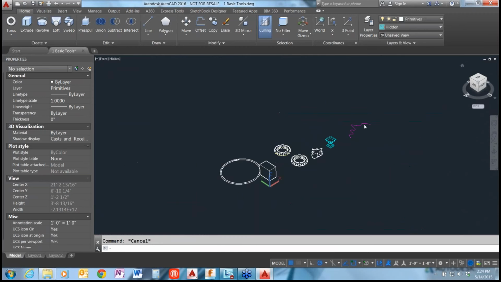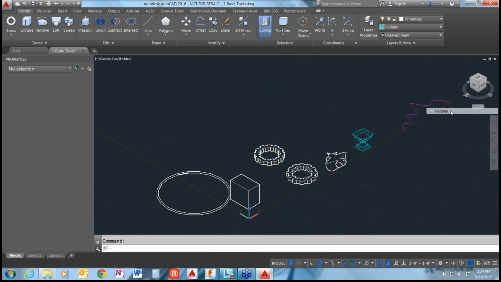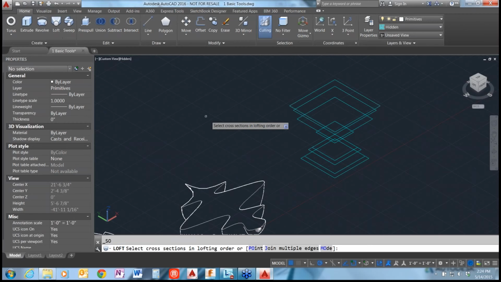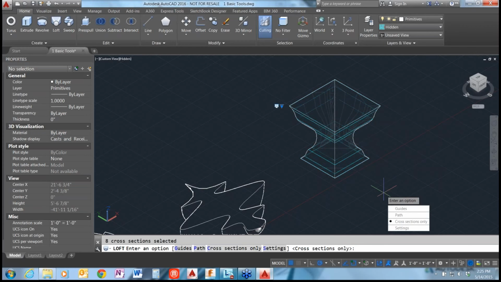And I'm going to go back to my home view. And what we're going to do is use that loft command to create a contour between them. So watch this dynamically build as I pick and pick and pick, and you can see it just create the contours between the surfaces there, between the boxes. I'll click enter. I'm just going to accept the default. There are a lot of other commands and options buried in some of these tools, but like I said, today just the bare basics. So we're just going to accept the default, and that gets us pretty much what we're